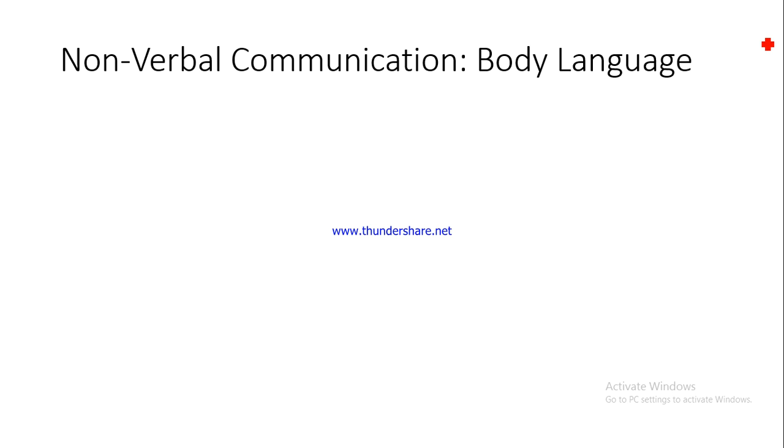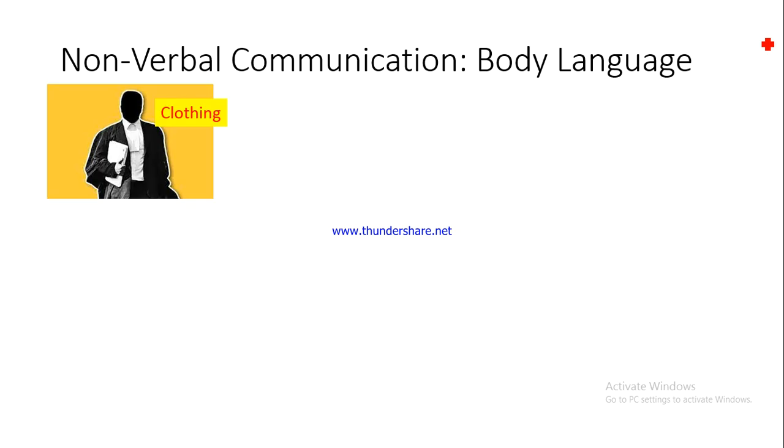Now let's have a look at non-verbal communication, which is non-written. So this is non-verbal, non-written communication. The first type of non-verbal, non-written communication is body language. The other type is paralanguage. Now what do we mean by body language? The cloth that you wear. Now please understand, just by looking at this particular photograph, you would be able to understand that this particular individual is wearing a black coat. Probably he is a lawyer. Just by looking at somebody's uniform,